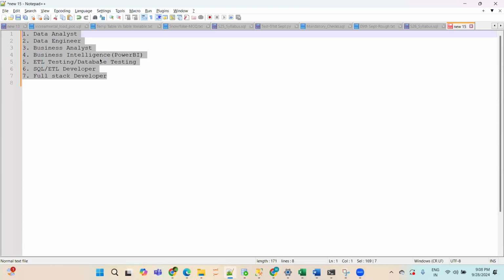Earlier, this was not the scenario. Earlier means before 2018 or 2020. IT industry meant purely coding. You should be strong in Java, strong in C, then C++, then .NET, then mainframe. But because of the huge volume of data which is getting populated, the companies are looking for someone who can process, manage, and analyze that data. And for that, mathematics or analytical capability is one of the prerequisites.